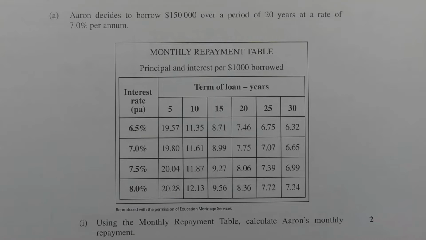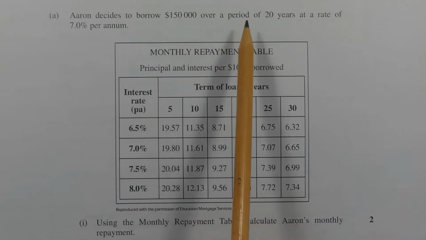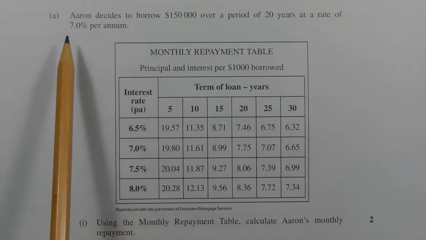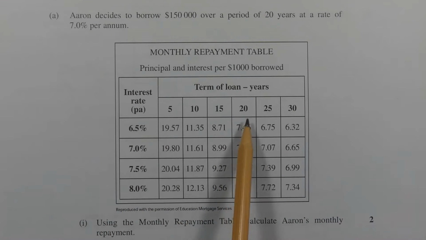Analysing the loan repayment table, the columns represent the term of the loan in years, and the rows represent the interest rate per annum. Aaron decides to borrow $150,000 over a period of 20 years, so we're going to reference this column here, at a rate of 7% per annum. So I'm going to reference this row here. So where this column and this row meet, which is